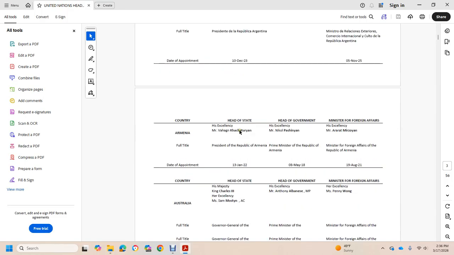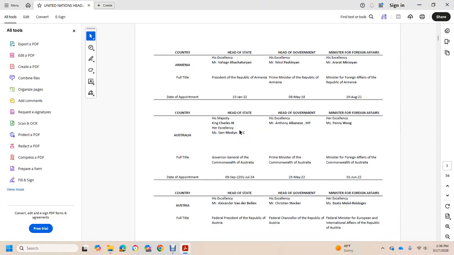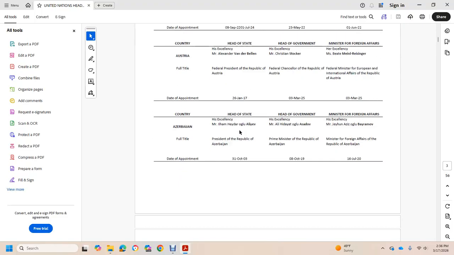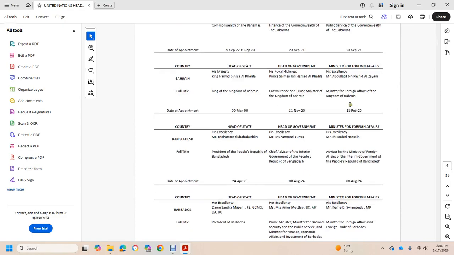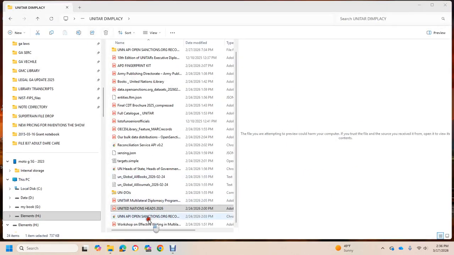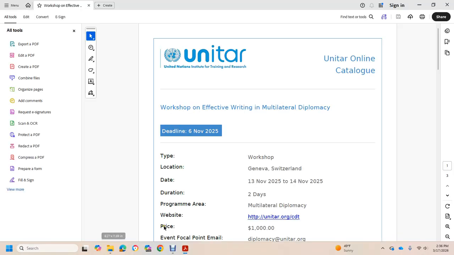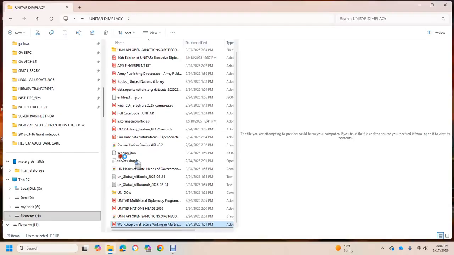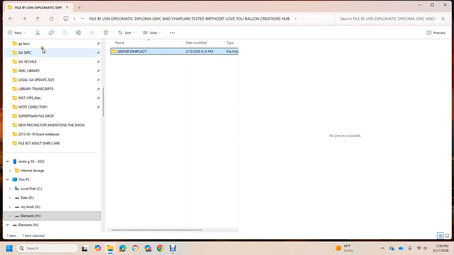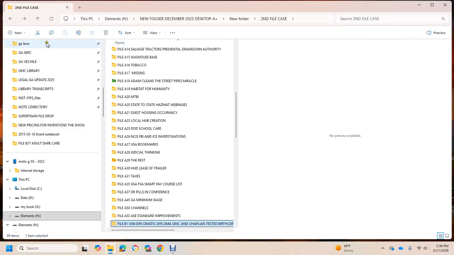Full title, countries, head of states, head of government ministries, deployment permits, UN OPI Open Sanctions Org workshop effective writing multilateral diplomacy $1,000, 2-day duration, Geneva Switzerland, and then we'll go to file